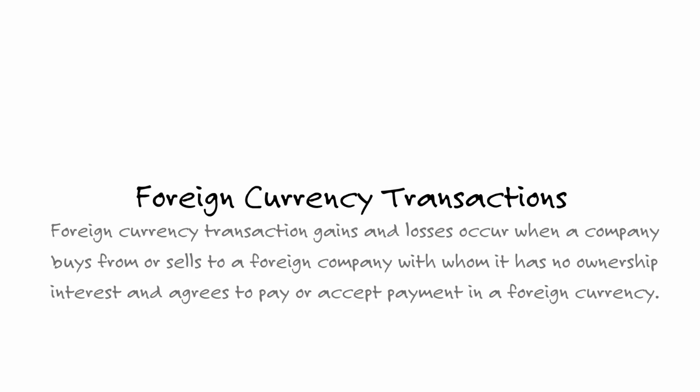All right, scholars, when we start looking at foreign currency transactions, it's just a single transaction with another company that's located in another country, and we've agreed to allow them to pay us in their currency. So we've shipped goods to them, and then ultimately they will pay us in their currency, and we take it and convert it to our currency, which for our example will be the US dollar. So let's go through some of the facts associated with this one.